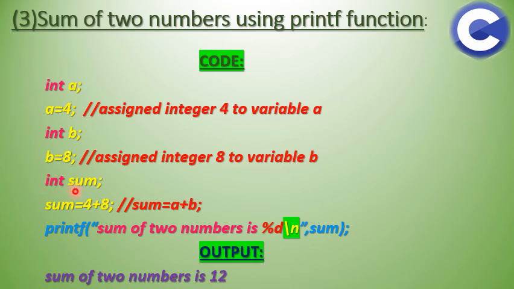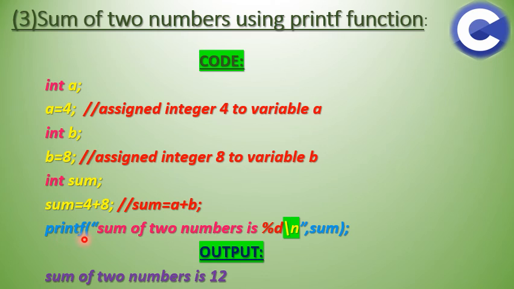Now I have again declared a variable named sum, and its data type is int. That means whatever value it will have, it will be of int data type. Now this sum variable which I have declared, I have added these two numbers to it. That is 4 plus 8, right? So to this sum variable, I have added 4 plus 8, or I can also write sum is equal to a plus b. They are both the same thing because your a and b are also denoting 4 and 8 only. So your sum is equal to a plus b.